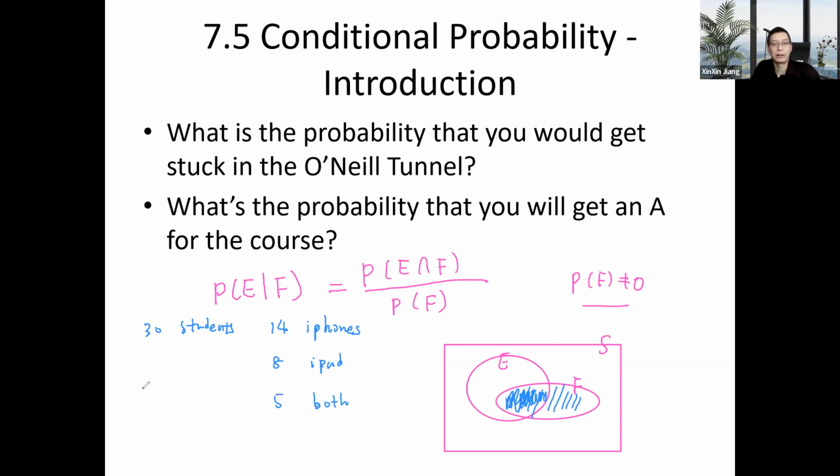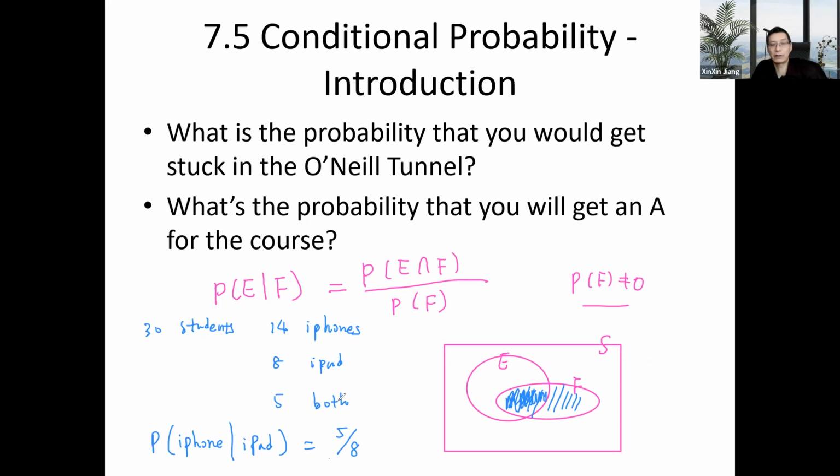Now you randomly pick a person and he was using an iPad. So what's the probability this person has an iPhone? You saw an iPad already. That's the given information. So we're going to write something like the probability the person has an iPhone, knowing that this person has an iPad. Now, you know this person has an iPad, 8 of them. So it's 5 out of 8.